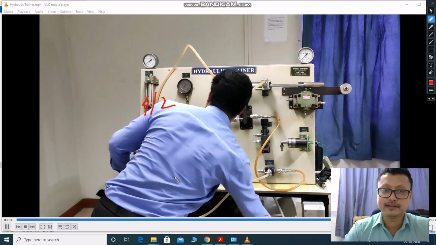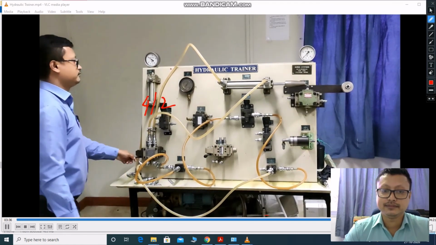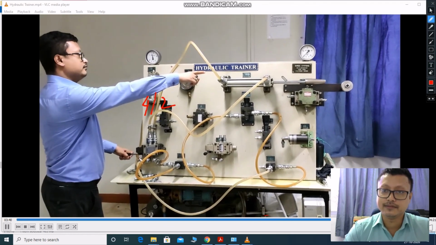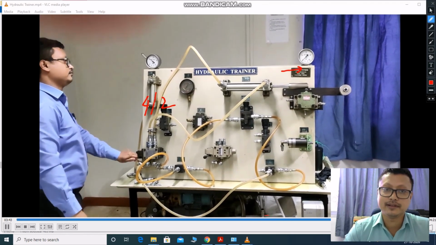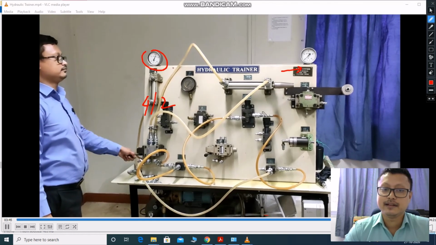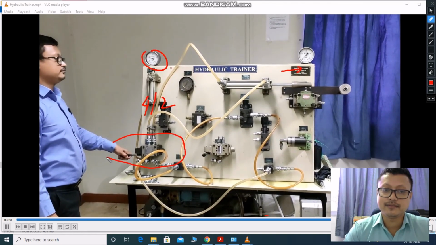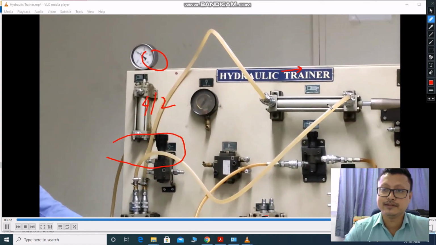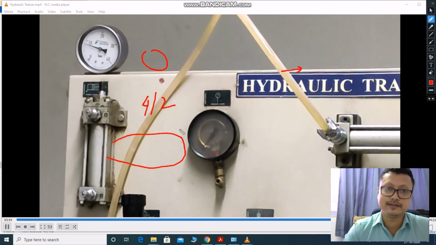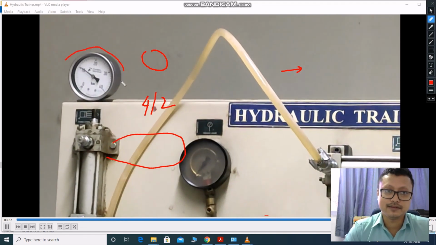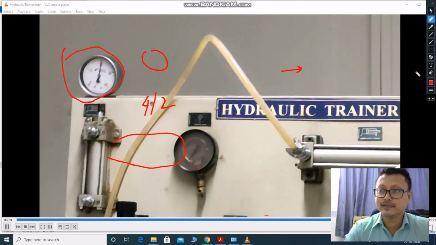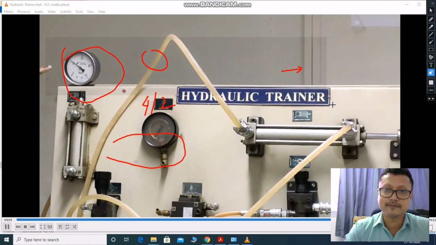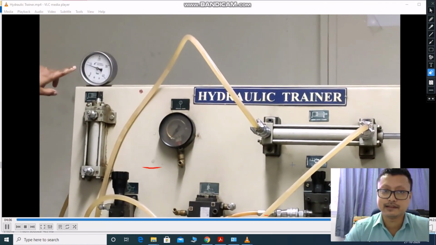Say we start the setup. When you pull the lever, it will go to the extending motion. Accordingly, you can note down the pressure here, and when you release it, automatically due to the spring return mechanism, it will return to the top and bottom position. Accordingly, you get the pressure of the returning stroke. So in that way, you will get the knowledge of this type of circuit, 4x2 and 4x3 with double acting cylinders.